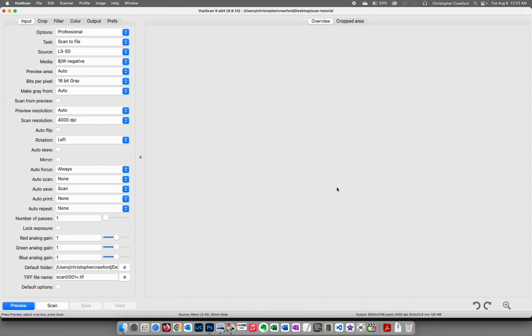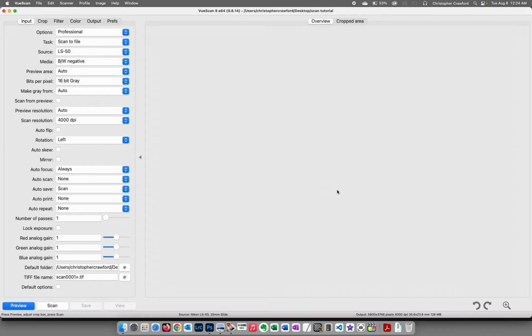So I did a tutorial on scanning black and white negatives with Vuescan. This tutorial is going to be basically a redo of that tutorial because Vuescan's interface has changed quite a bit in the years since I made my original tutorial. Most of the settings I used in the old one are still valid with the current versions of Vuescan, but